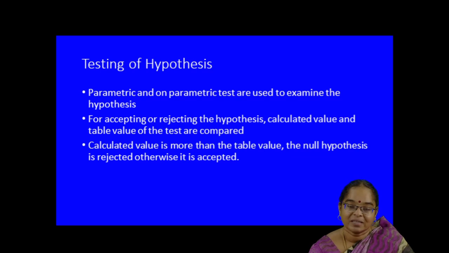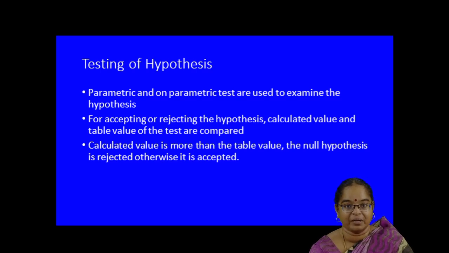So for testing a hypothesis, first you have to select the tool. Computations are done and you have to derive a result. There are two types of values, the calculated value and the table value. If the calculated value is more than the table value, the null hypothesis is rejected and the alternative hypothesis